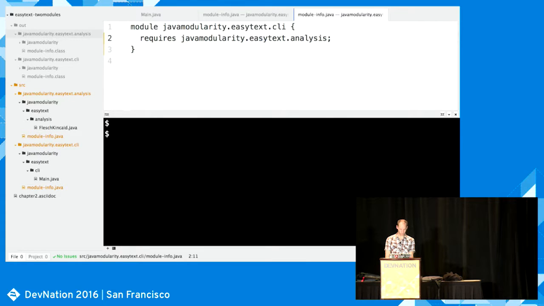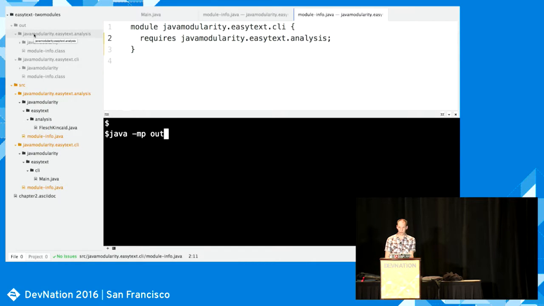So if we want to try and run this application using the Java command, usually you would do java -jar, for example, but in this case we're going to do it with new command line flags for modules. And instead of creating a class path, we're going to create a module path. The module path can contain directories or modules directly. In this case, we're adding the output directory, which contains 2 compiled modules.